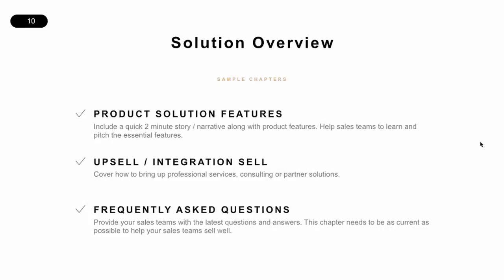With regards to the section, which is a solution overview itself, there are 3 chapters that we recommend. There is the product solution features. Ideally, you should contain a quick 2-minute story or a narrative about your product features. You should have a high-level pitch, then you can have a little more detailed level pitch. But the key here is to help the sales folks instantly know what's a quick 2-minute story, because this, more often than not,